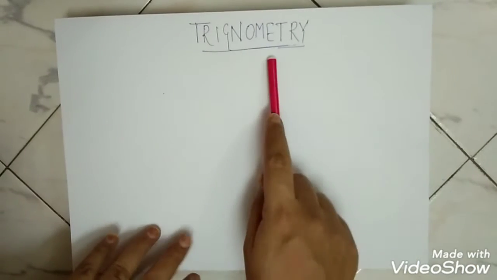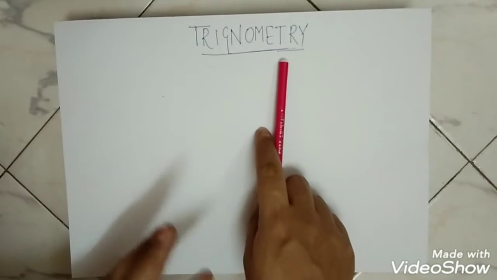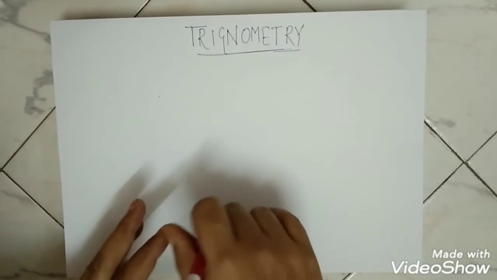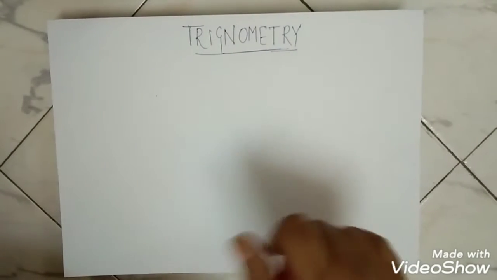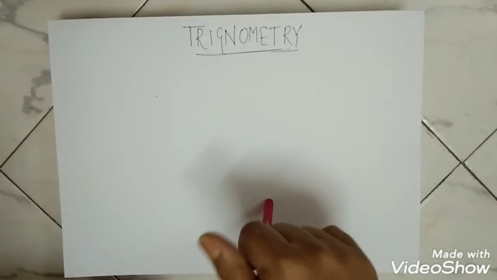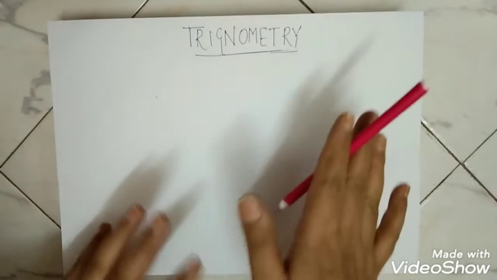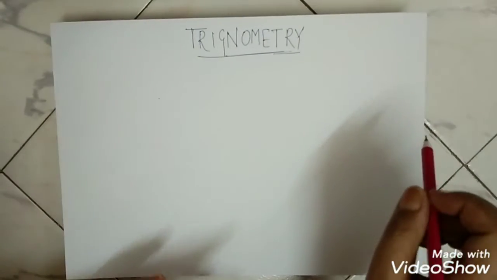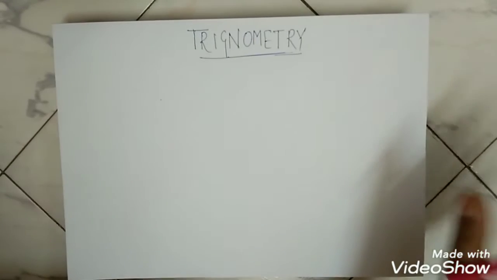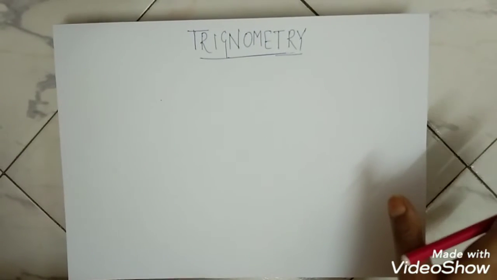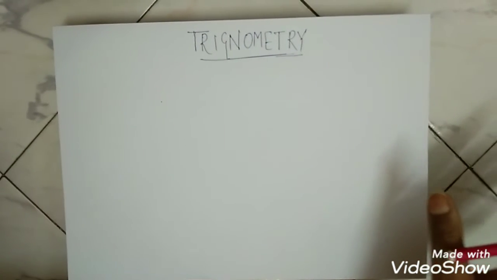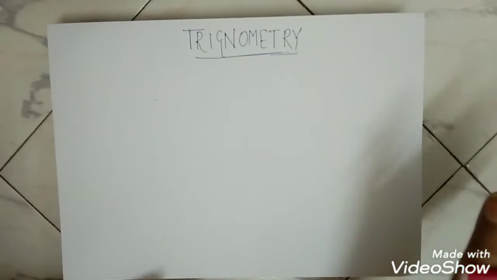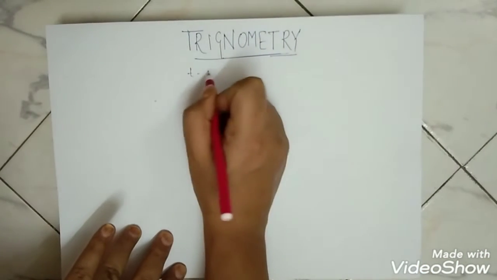Today we are going to read about trigonometry. If you are an ICSE student, this topic will be there in your 9th grade as well as in 10th. If you are in the CBSE board, it will be in your 10th grade. Why do we use trigonometry? Because if you have to solve problems based on angles, then we use trigonometry. And to find the height of the triangle and the sides of the triangle, we use trigonometry. So today we will start with T ratios.